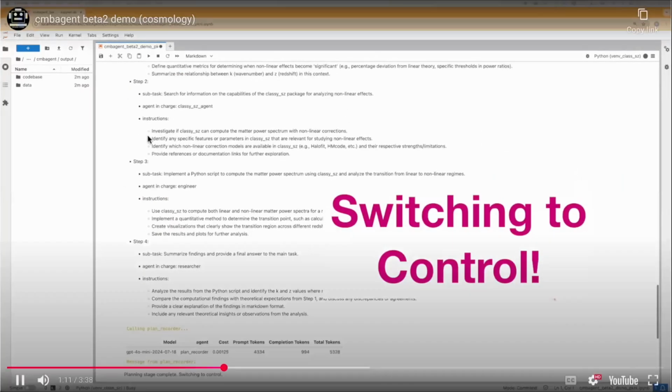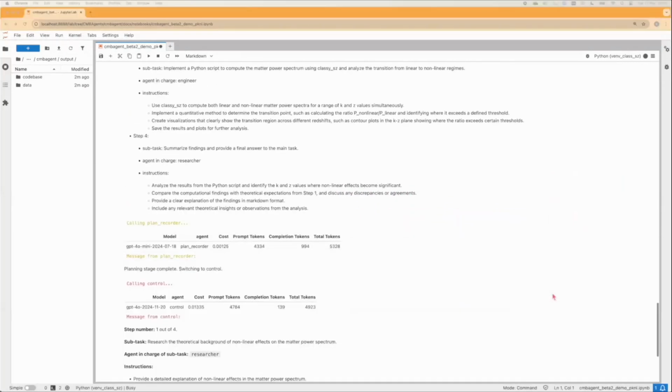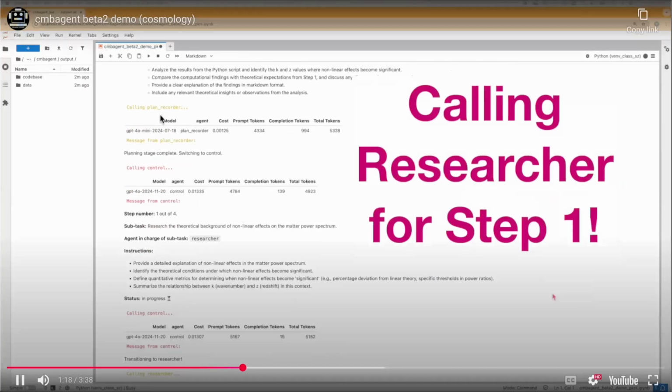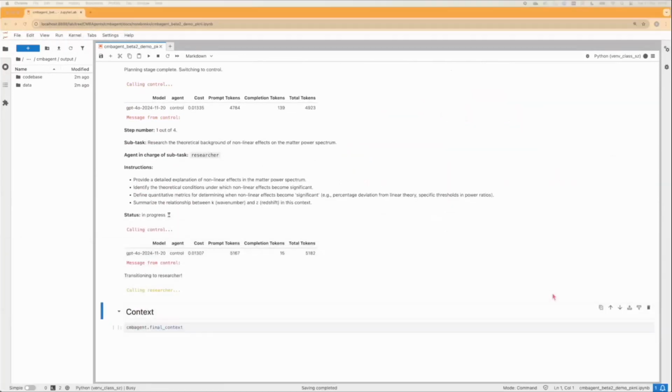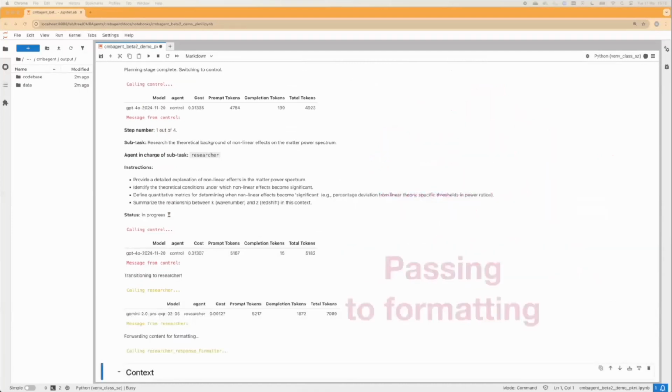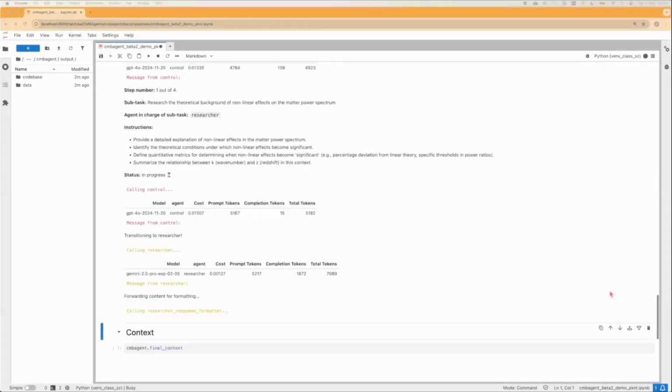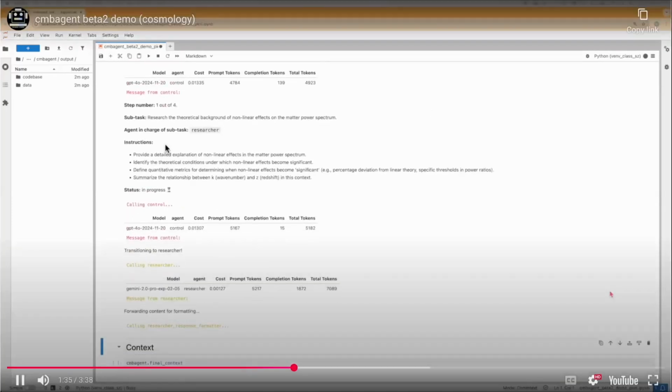we can switch to the execution mode. During execution, there are also multiple agents. The first one is called the researcher. The researcher will try to follow the first step in the plan, using maybe yet another different model, let's say in this case a Gemini model, and try to do some research, deep thinking, and come up with the result.